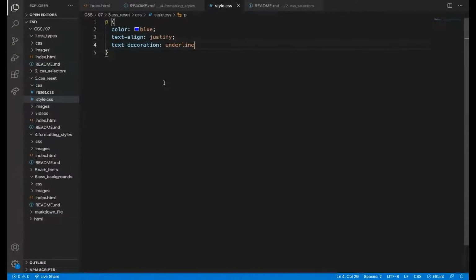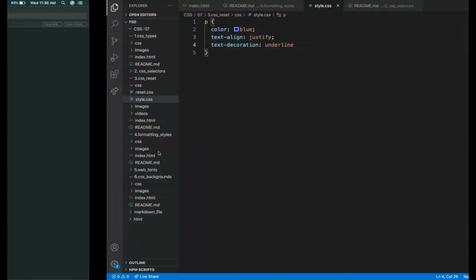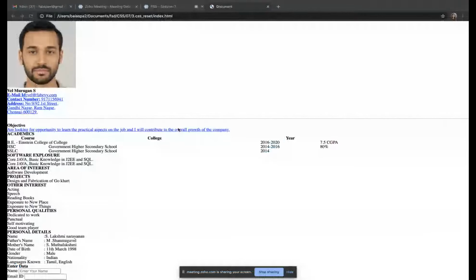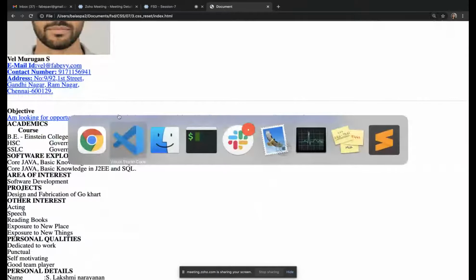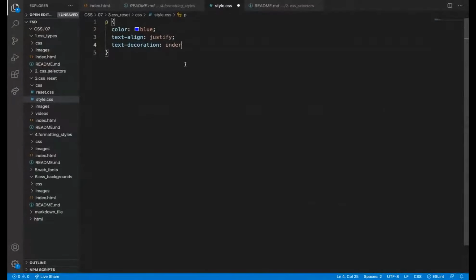So now I have added underline to the p tag. Underline came on the p tag, and there are many kinds of suggestions. It also showed dashed, dotted. You can check.